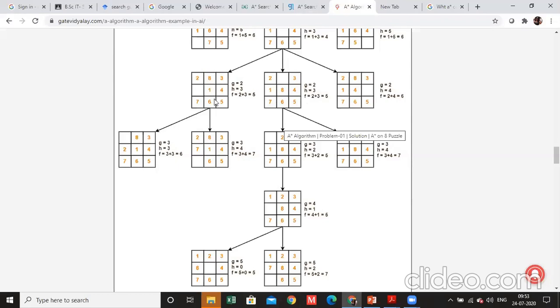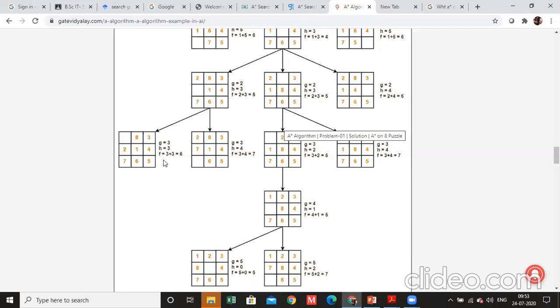मीन्स ये दोनों स्टेट को आपको एक्सप्लोर करना है और चेक करना है नेक्स्ट लेवल में किसकी वैल्यू मिनिमम है. तो यहाँ पे मैंने 4 स्टेट पॉसिबल हुए लेवल 3 पे, क्योंकि 2 फंक्शन हैज द सेम वैल्यू दैट इज 5 and 5. So at last in level 3 the g value is 3.